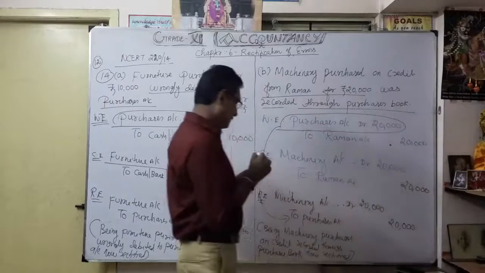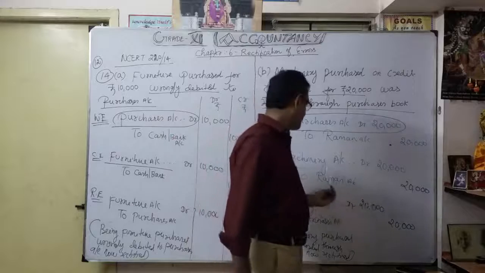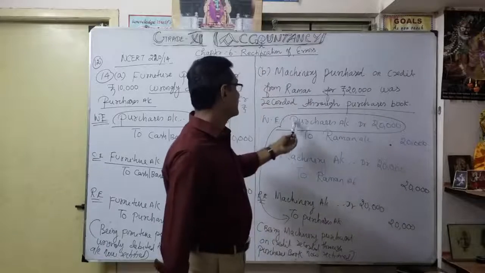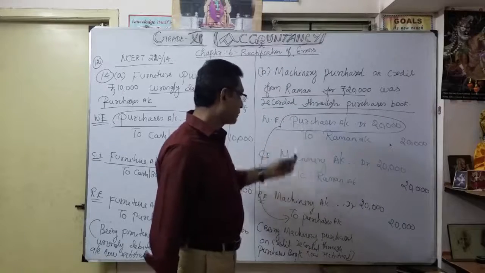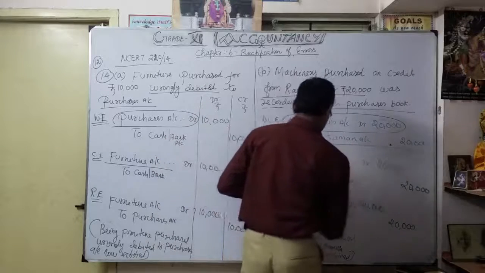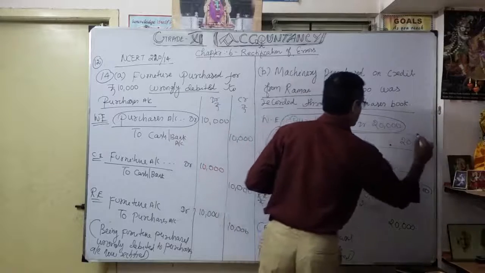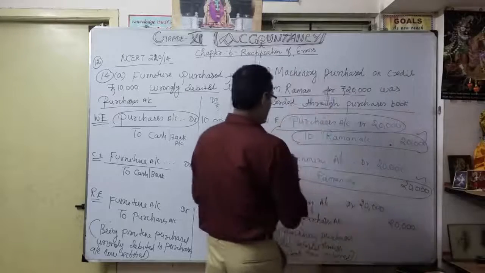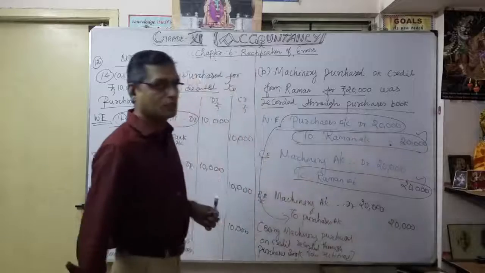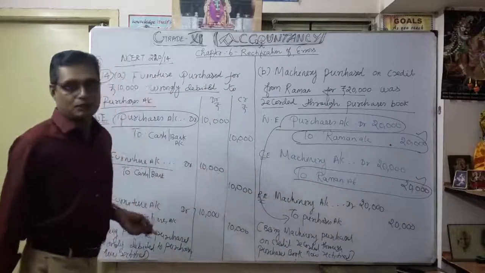Okay. So what is the rectification entry? Machinery account debit, that is what was supposed to be debited. Then earlier I had wrongly done purchases, so I am going to credit the purchase account. So the credit side is correct, so no question of disturbance. So only the problem is our debit side. Okay. Now understood. That's the second entry. Now go for the third one.